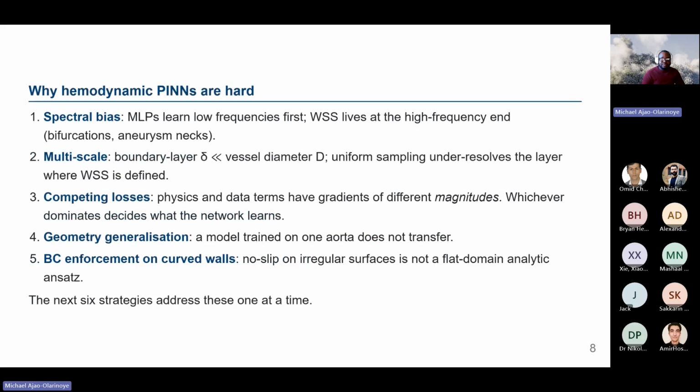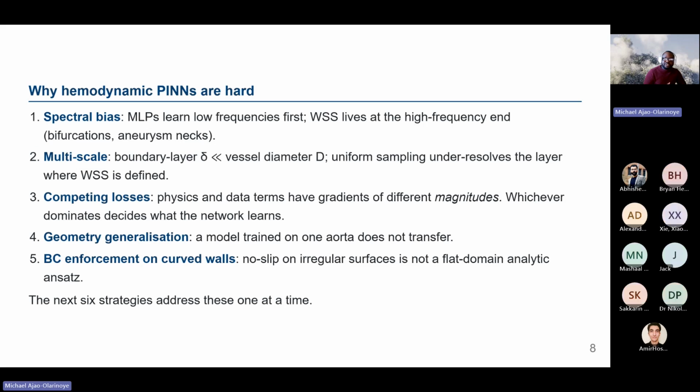So why solve hemodynamics using PINNs for most of these problems? Why do we need to solve the hemodynamics using PINNs, and why are they hard? Now, like I said, the work was built on work from Azani et al. What Azani et al. were able to discover is that you can use PINNs with sparse data to solve a certain problem.